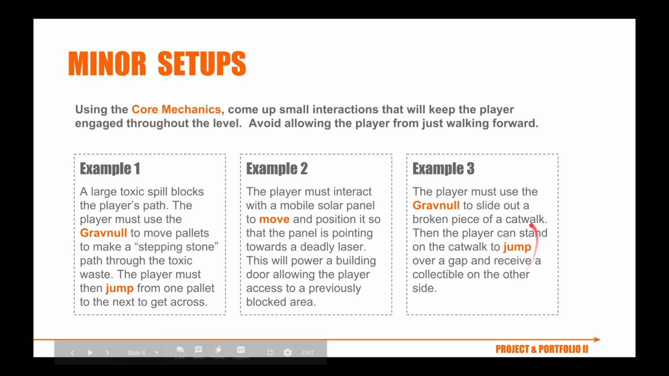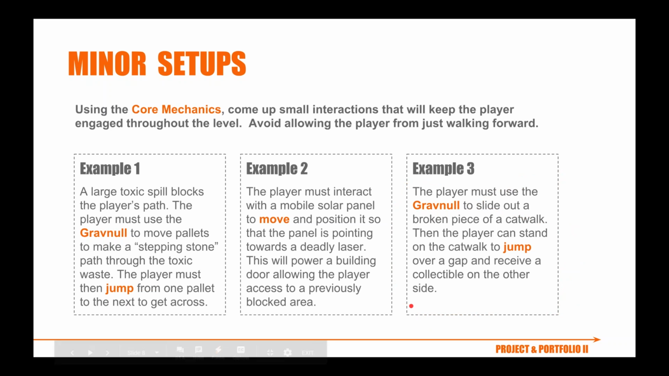Like here is an example: you slide out, grab the broken piece of the catwalk using the grab null, and then once the catwalk is extended, you can jump to the other side. Just using those core mechanics of the grab null and jump, we've created a small piece of gameplay. So think about these, what we like to call minor setups, and think about using those as interactions